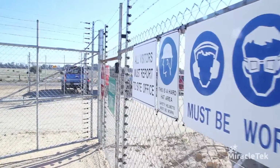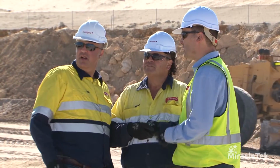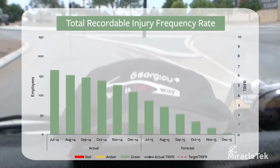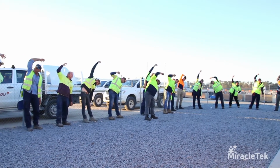Ensuring compliance with health and safety standards at work continues to be a challenge for any construction business. With One App, Georgiou managed health and safety far more effectively, enabling transparency in safety performance. One App built on the Miracle mobile platform has been instrumental in improving and transforming our safety culture. It's enabled the use of mobile forms via iPad and One App to engage with our workforce around expectations around safety systems, and enabled our supervisors and HSE practitioners to take that out in the field and coach and mentor